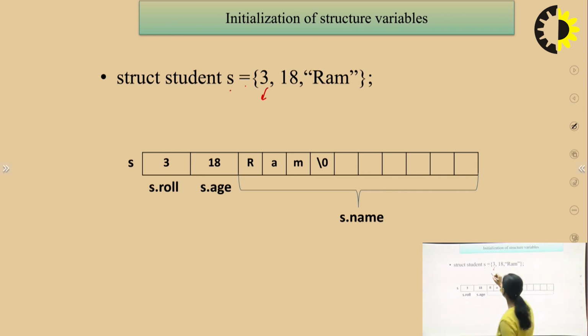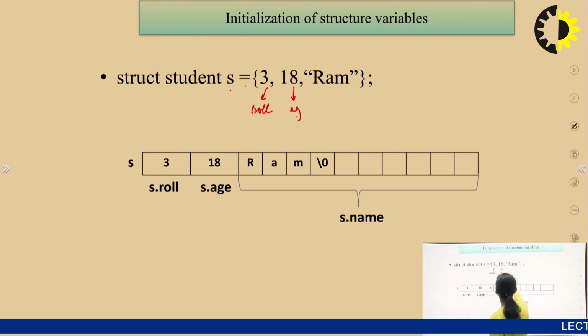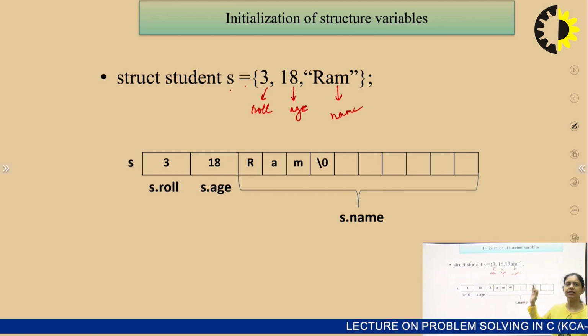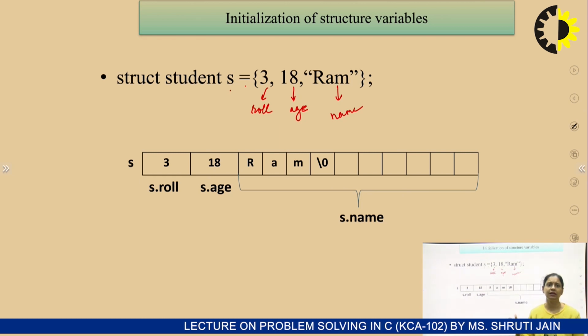The same sequence will be followed when we are initializing the values. So this would be going for the roll number, this 18 would be going for the age and this Ram would be going for the name. So the same thing can be initialized in this manner, where the first value will be taken by the first member,